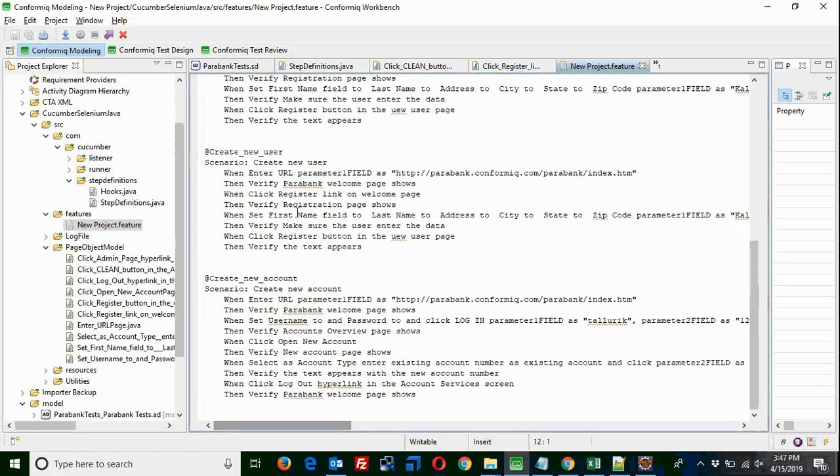What I understand is they are migrating UFT scripts, but the requirement is not to migrate UFT scripts to BDD scripts; it is test cases to BDD scripts.